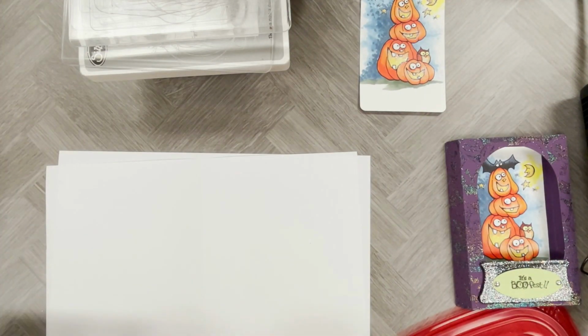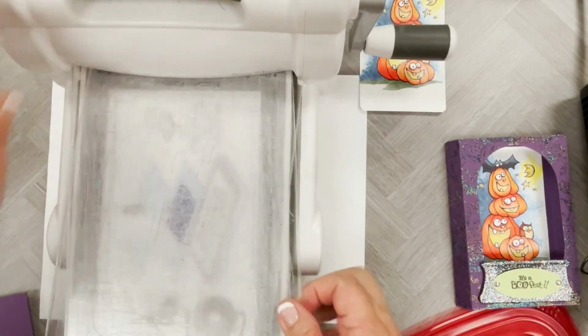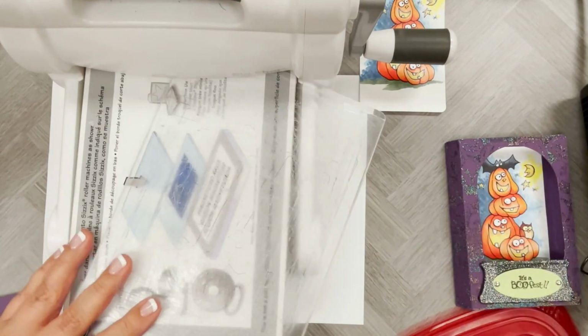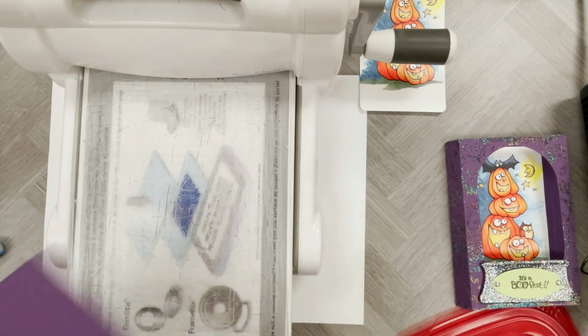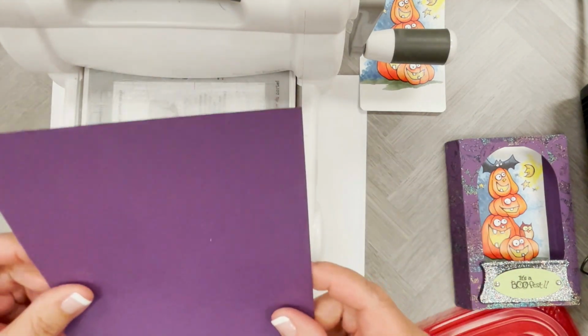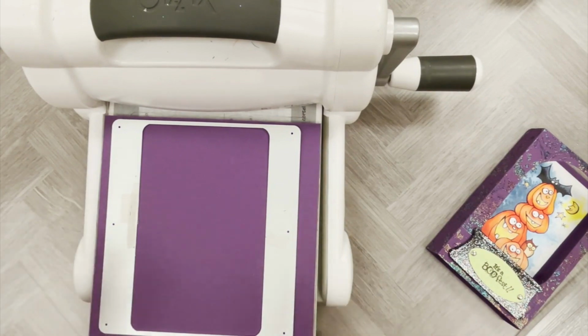Now, to make the dome jar shaker, you have your die cutting machine here. So make sure that you can see that okay. First, we'll do the back. These are a panel of Plum cardstock from My Colors. So we're going to cut the front of our